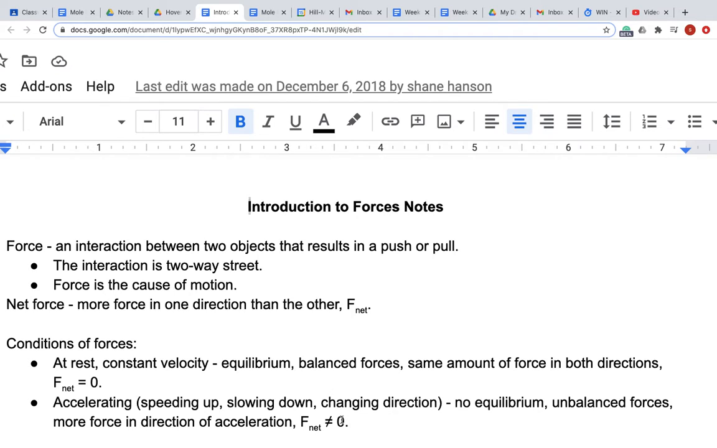So say I have a force of 10 going to the left and I have a force of 6 going to the right. My net force will be 4 going to the left. All right, so that's some general stuff about forces that should get us enough information for what we have to